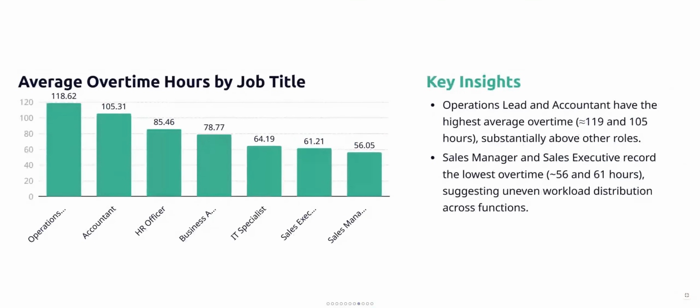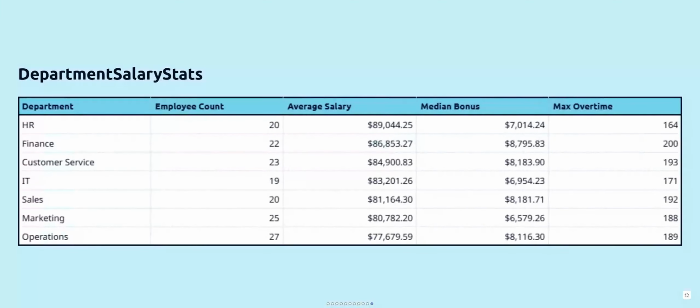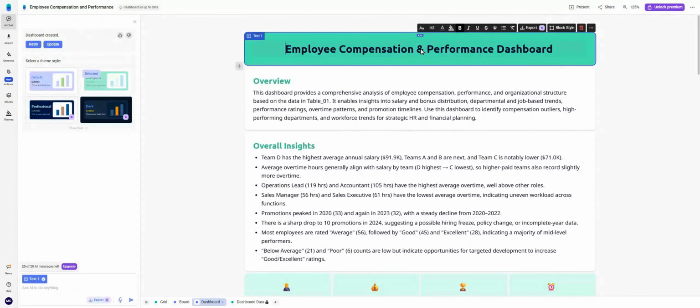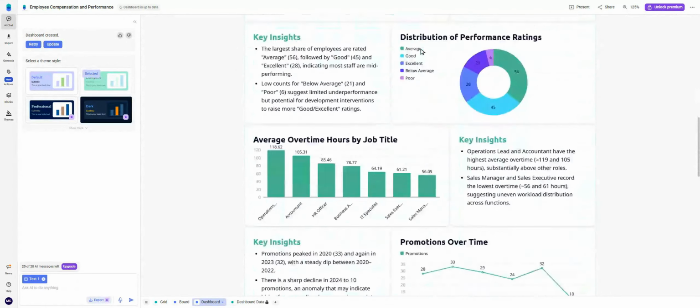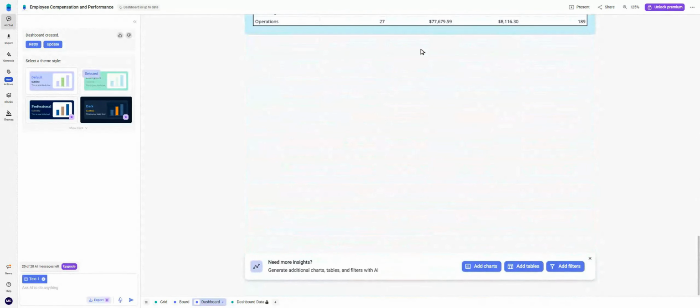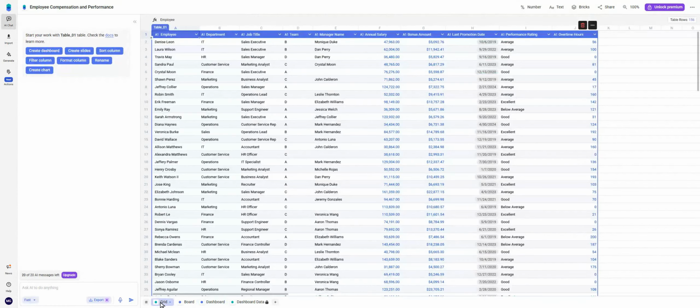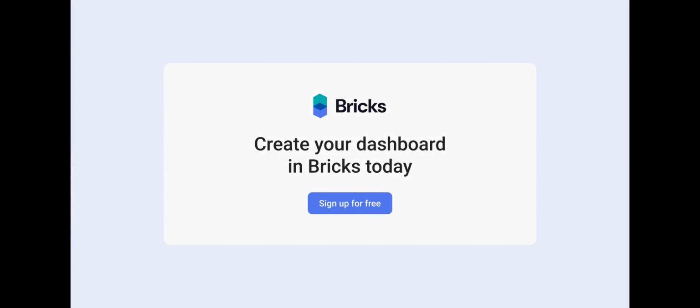Charts display employee compensation patterns, performance distributions across departments, and promotion trends that help leadership make informed HR decisions. We can navigate between widgets seamlessly during presentations. Back to edit mode, we can scroll through and interact with every element, customizing layouts and drilling into specific data